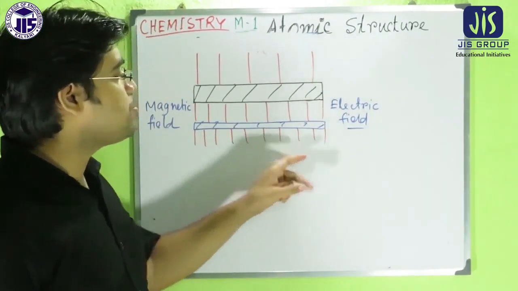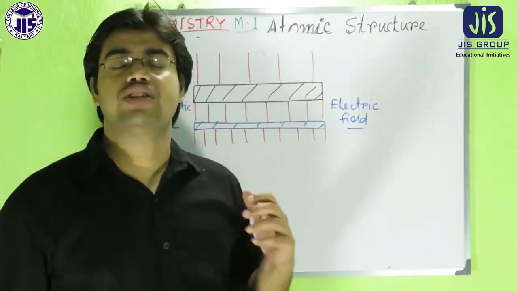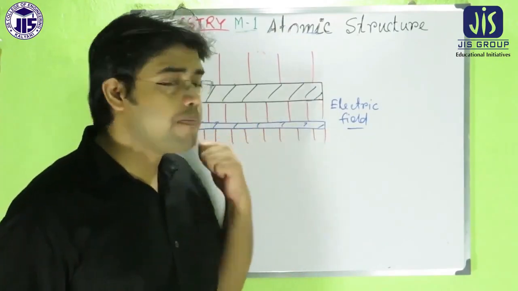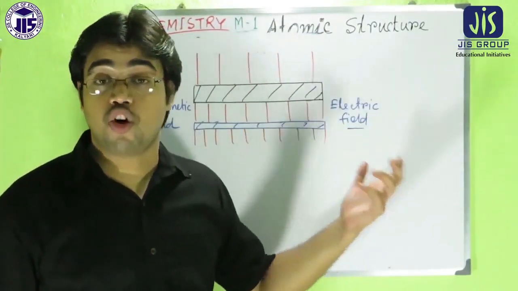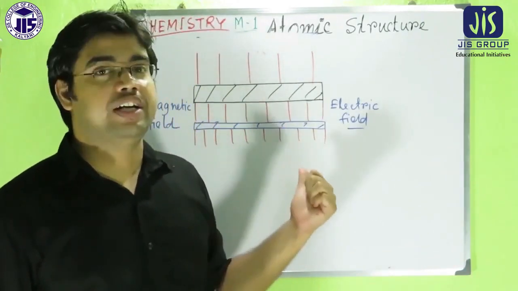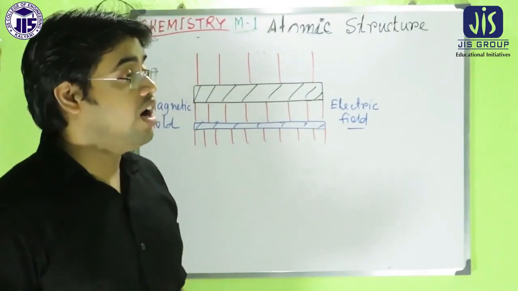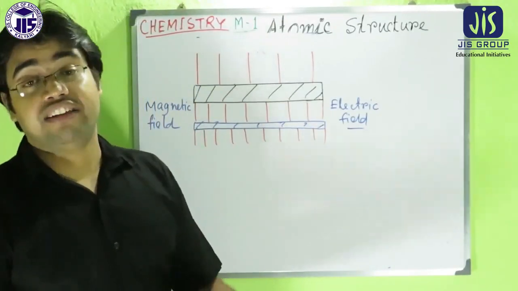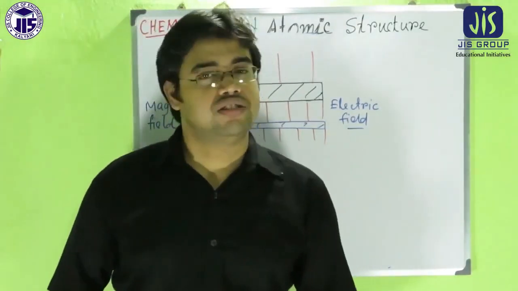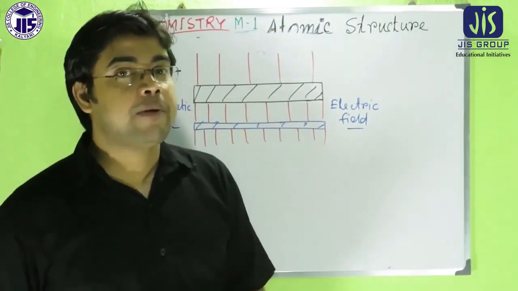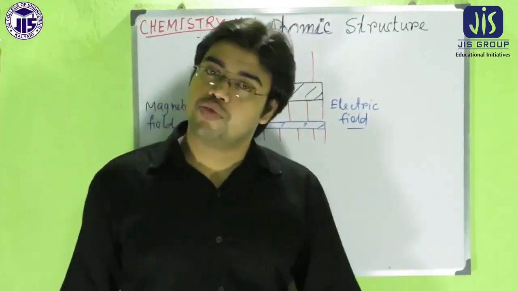If it is split into small lines, that means, in the same way how Sommerfeld thought, we can tell that there must be some existence of other energy levels, which was not explained by Sommerfeld. So that is another drawback, and all these drawbacks will be removed by two other scientists, Zeeman and Stark. We will discuss later what the Zeeman effect and Stark effect are. But these are the main important drawbacks of the Sommerfeld model.